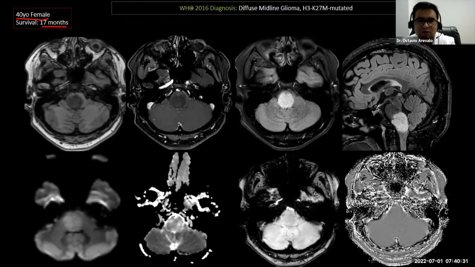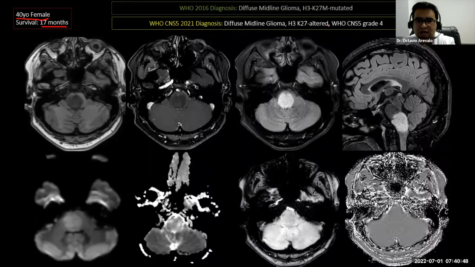And the WHO classification of 2016 already said that this tumor's name was diffuse midline glioma, H3K27 mutated. The DIPG term was obsolete by 2016, but the new classification calls it altered, because there is not only a mutation, but also another set of molecular abnormalities that makes this histone malfunction. So, you take a look, this is a tumor that is centered in the midline,